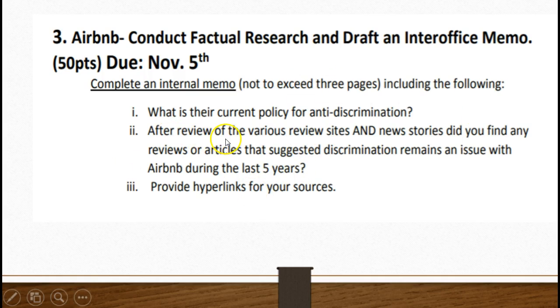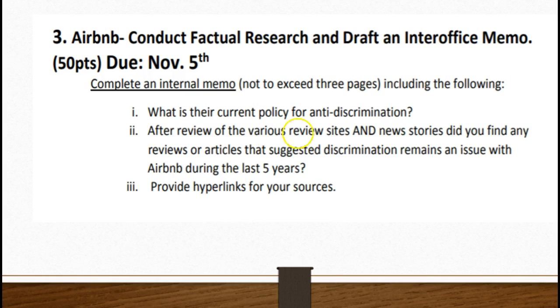You also want to review various review sites and news stories to determine if there is any information about discrimination that involved Airbnb during the last 5 years. So probably keep this to 5 to 7 sources.